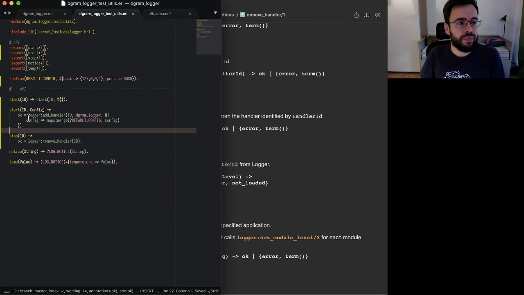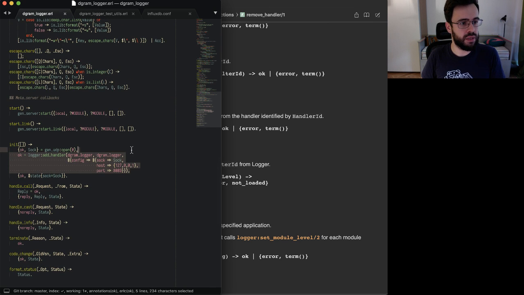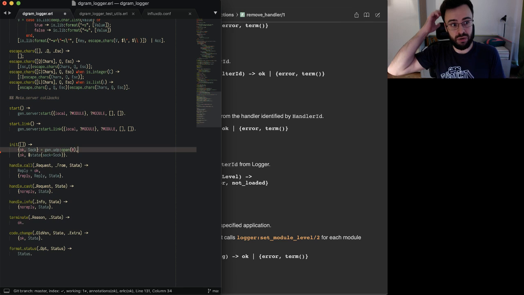Now, this config doesn't have a socket anymore. So if we go back here, this line we should remove, because the logger plugin itself shouldn't really add the handler. That's up to the user and their application. But this socket here is still somehow